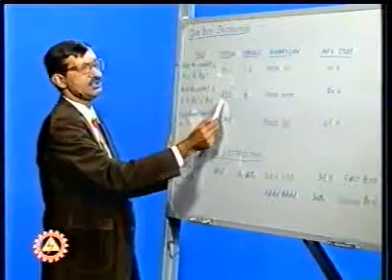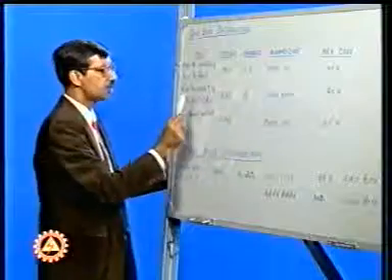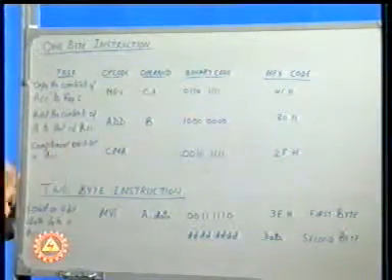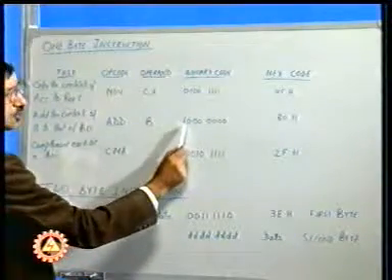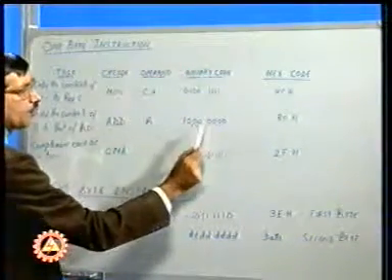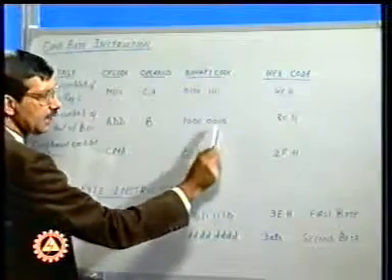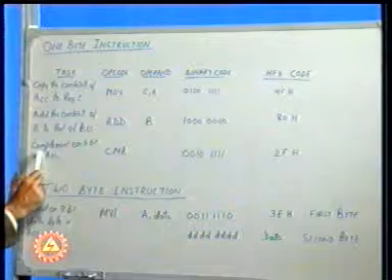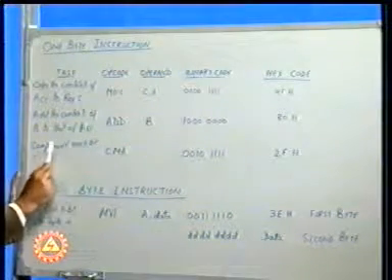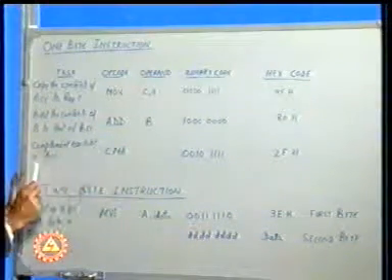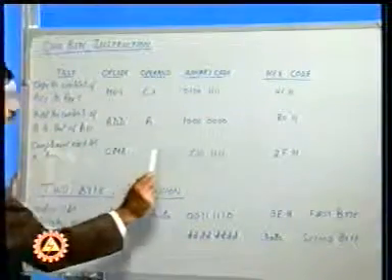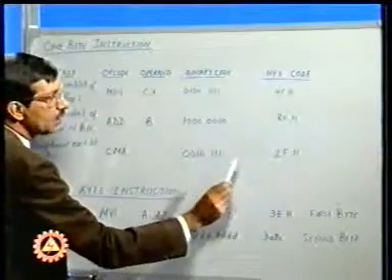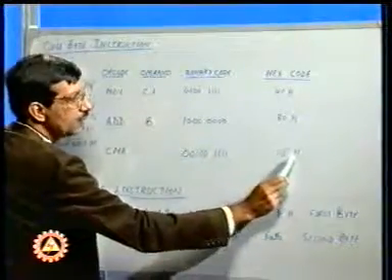Next instruction we can take is ADD B, which means add the contents of register B to that of the accumulator. Once again, the binary code has been specified as 10000000, and its hexadecimal equivalent is 80H. Then we have CMA. The action of that is complement each bit of accumulator. The binary code for the same is 0010 1111, and hex code of the same is 2FH.